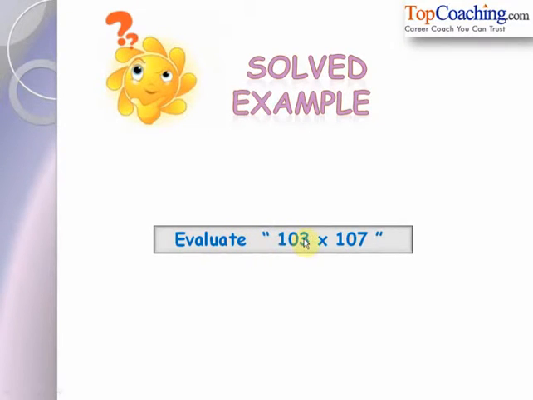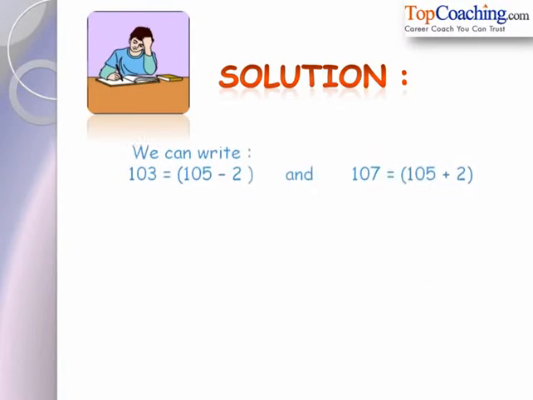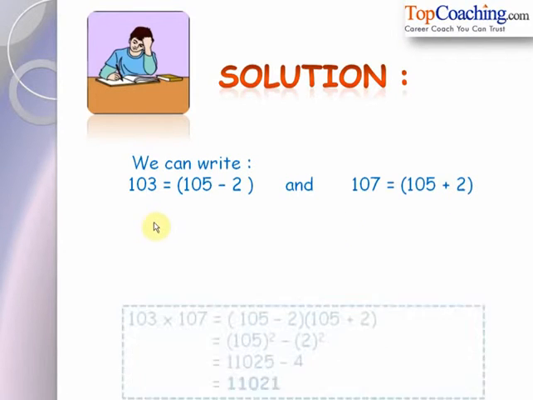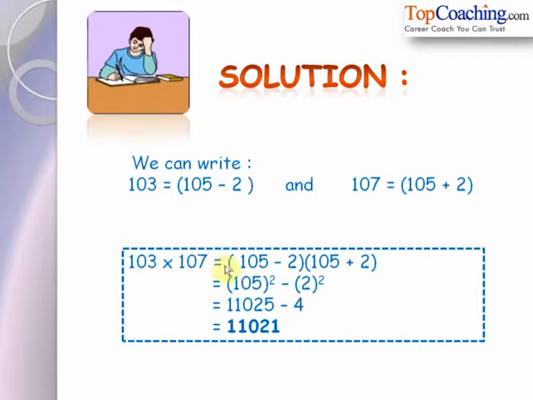Evaluate 103 into 107. So in this problem, we have to find the value of 103 into 107, and we are going to use the identity which we have just studied. Now 103 could be written as 105 minus 2, and also 107 could be written as 105 plus 2. Now 103 into 107 could be written as (105 minus 2) into (105 plus 2). Now this is similar to (a minus b) into (a plus b),